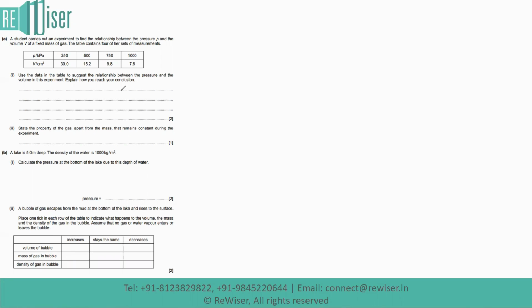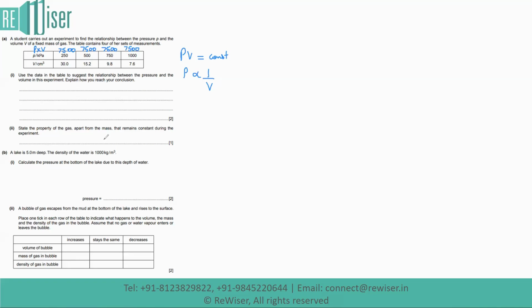We can try to find the multiplication value of pressure times volume, or P times V. And we notice that in every instance, the value P into V remains a constant at about 7,500 in every case. This tells us that pressure times volume V is remaining a constant, or pressure P is inversely proportional to the